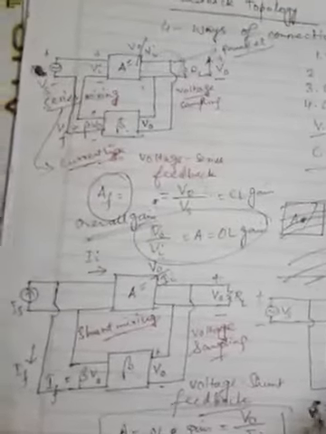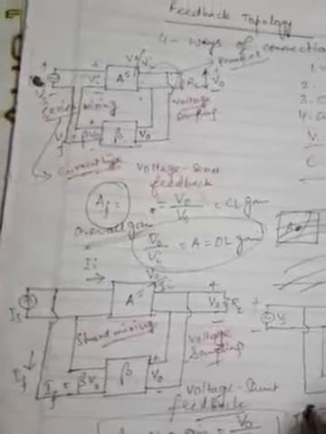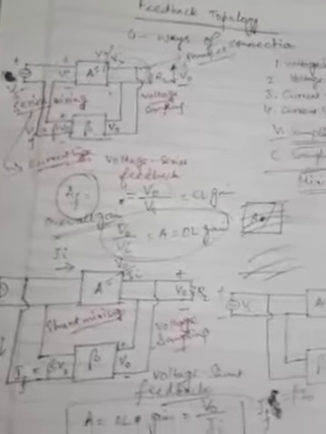Just a minute, sorry, this is IF. This is not VF, this is IF. So now the current is taken as input IO, and the output is beta IO, which is termed as IF. Now this IF is fed back to the input in parallel,